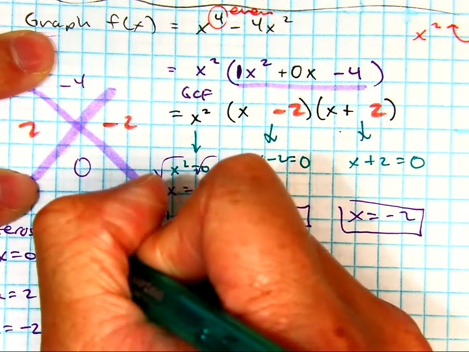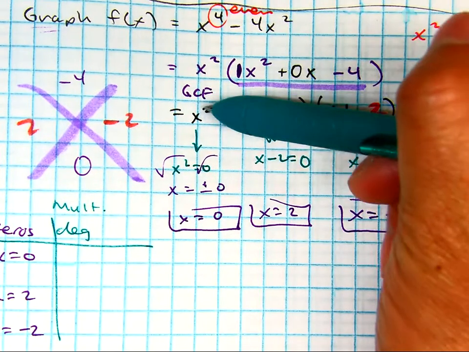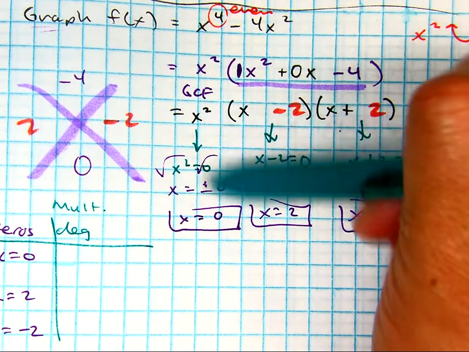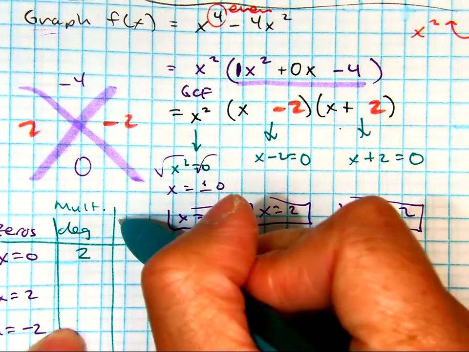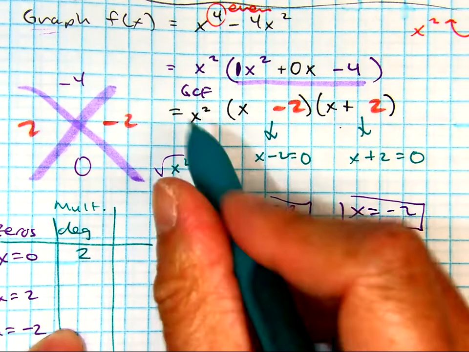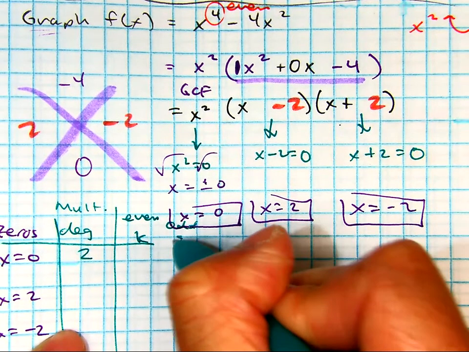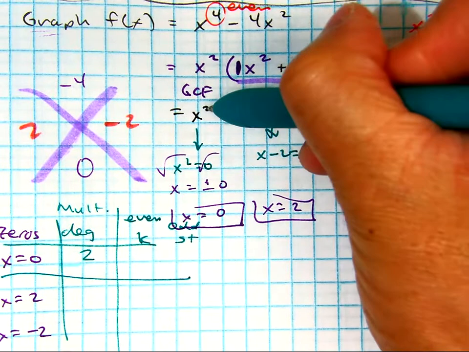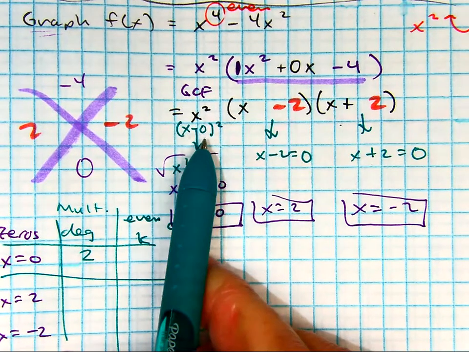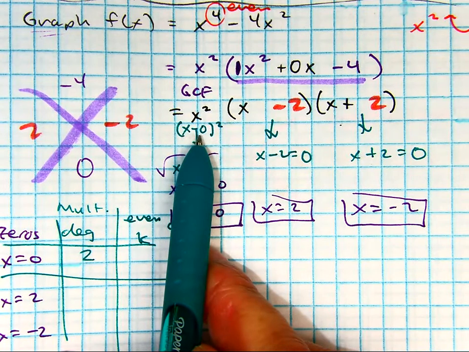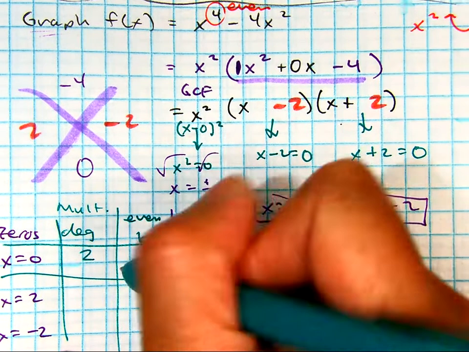Now we need to think about its degree. This one has a degree of what, class? 2. Is that an even or an odd? Kiss or shoot through? So evens we will kiss. Odds you will shoot through. Okay? Again, if you're confused on this one right here, you can make this x minus 0 squared. Do you see that? It shows there that your x-intercept is still 0 and your degree or multiplicity is 2. And we're going to kiss